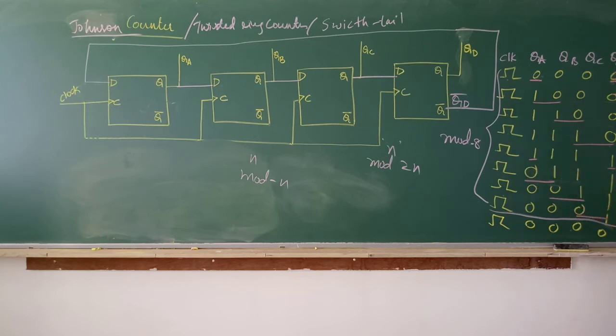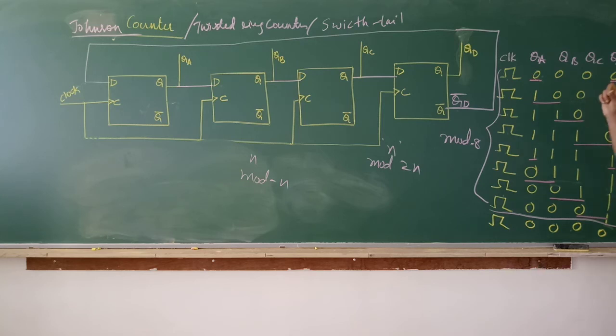So what does it mean? If you are getting QD as 0, QA as 0, you can easily tell the sequence is 0, 0, 0, 0. If you are getting QA 1, QB 0, you can easily tell the sequence is 1, 0, 0, 0. So like that, for every output sequence, there are some unique pairs. If QB is 1 and QC is 0, I can easily determine the sequence. If QC is 1 and QD is 0, I can easily determine the sequence. I can easily tell the output pattern. So compared to a ring counter, it is not that easy to decode the output.